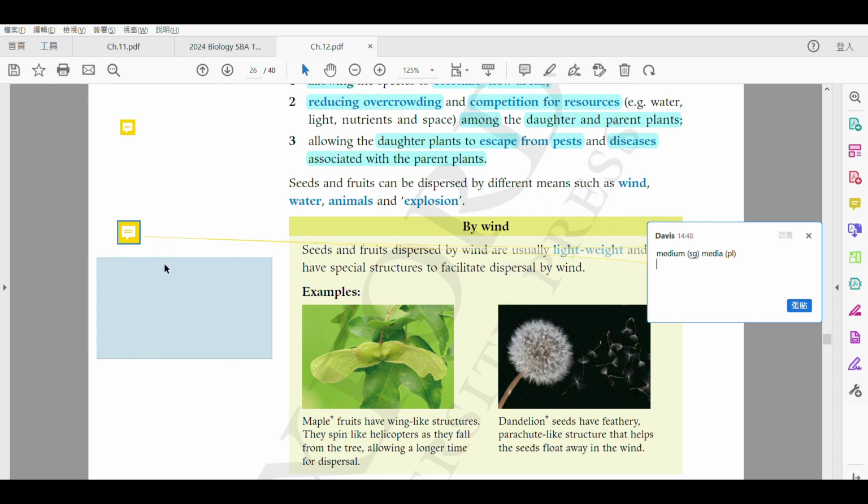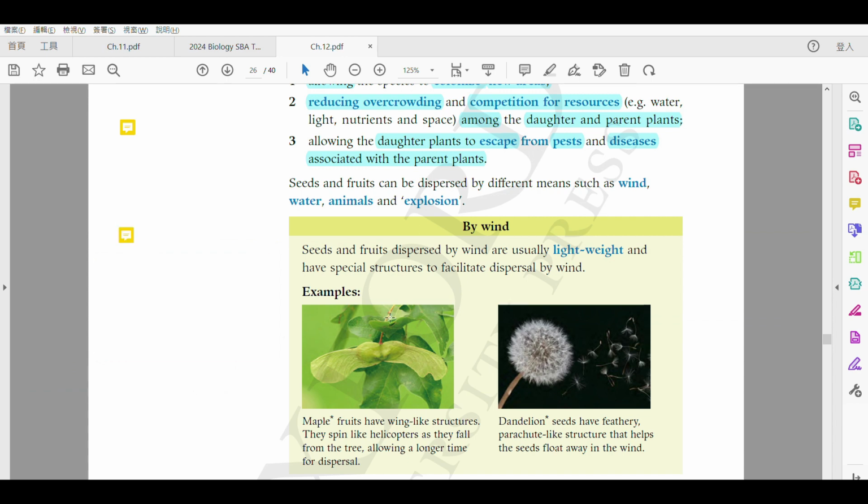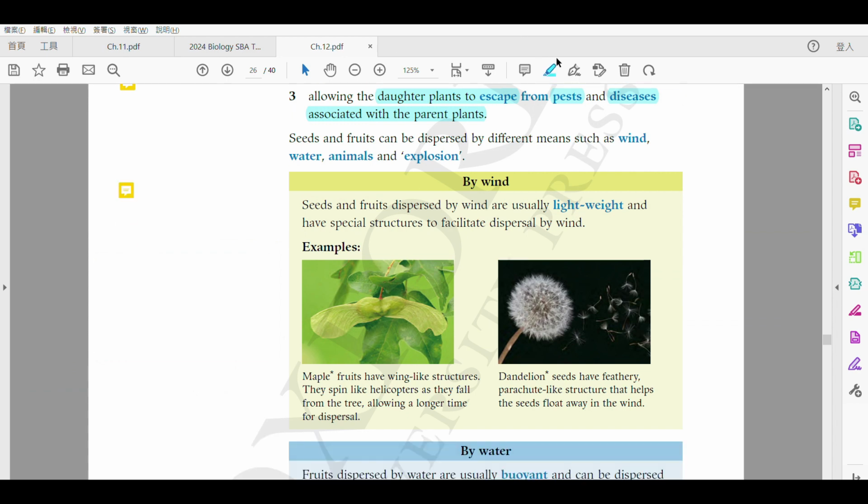So how are they dispersed? Okay? 佢點樣會 disperse 到呢？As you can see, there are mainly 4 means. Means 即係代表 methods，即係代表方法啦，得唔得？So there are mainly 4 means，就包括 wind 啊、water 啊、animal 啊、explosion。Okay, of course there are other